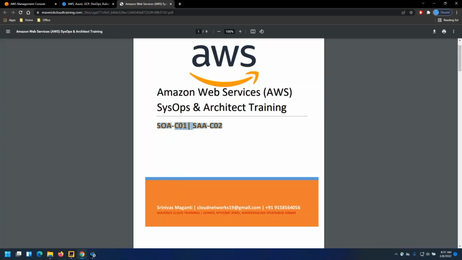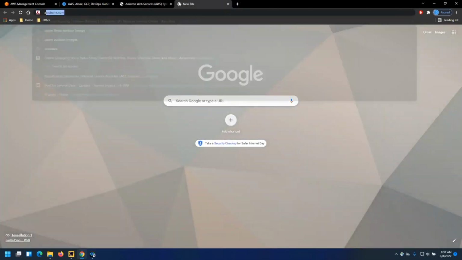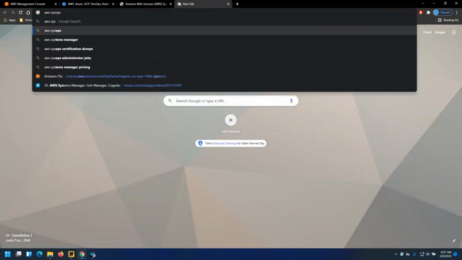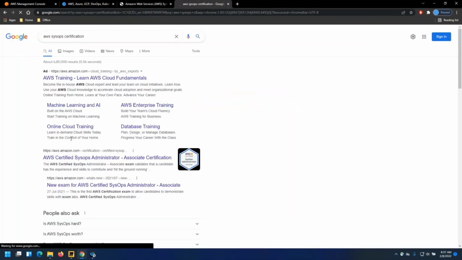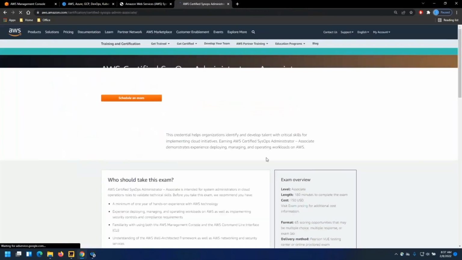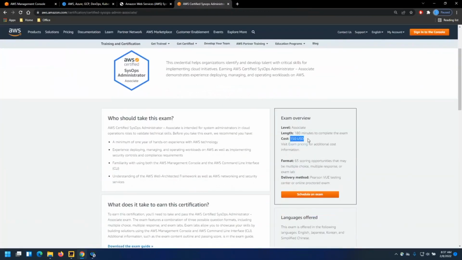When it comes to SysOps, it majorly focuses on managing the existing infrastructure within AWS and what kind of day-to-day operations can be performed within AWS. Right. So I'll try to cover these two course codes. Okay, SysOps and Architect. If you are trying to achieve the AWS SysOps certification, it costs you $150.